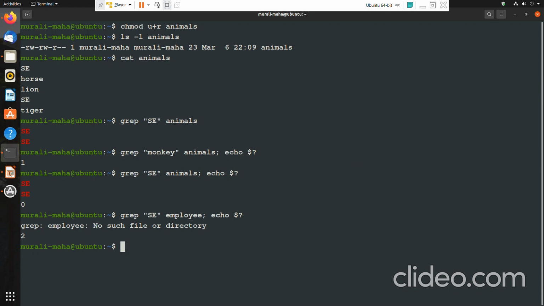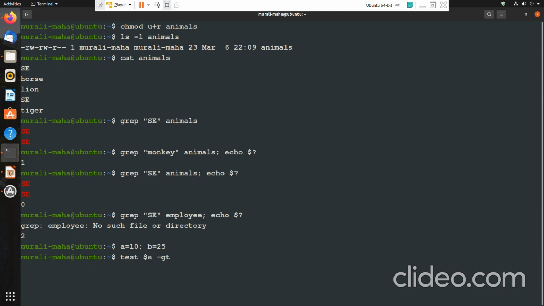For example, a equal to 10, b equal to 25. I want to check whether a is greater than b or a is less than b, like that, right? So I can issue test $a -gt $b.